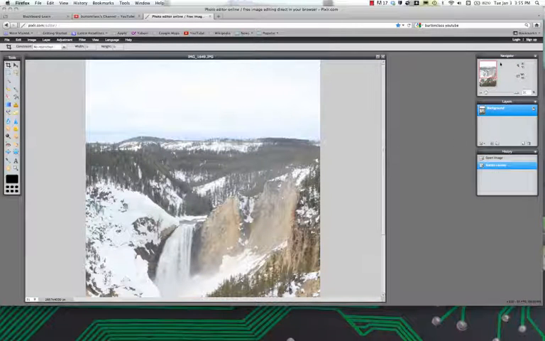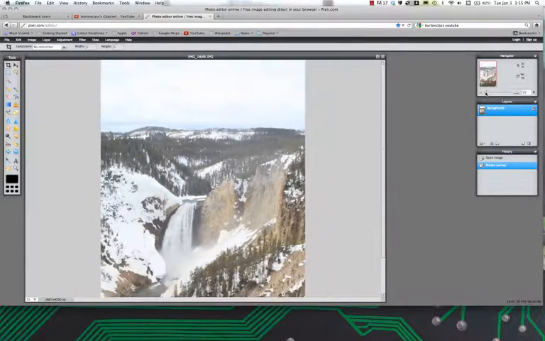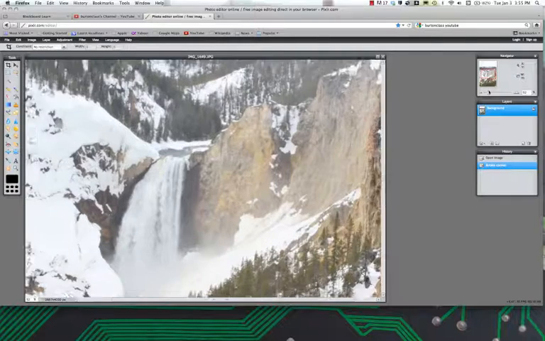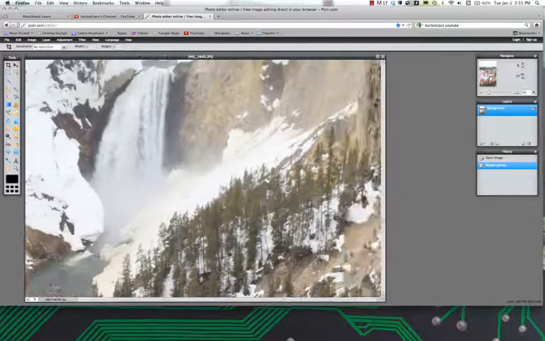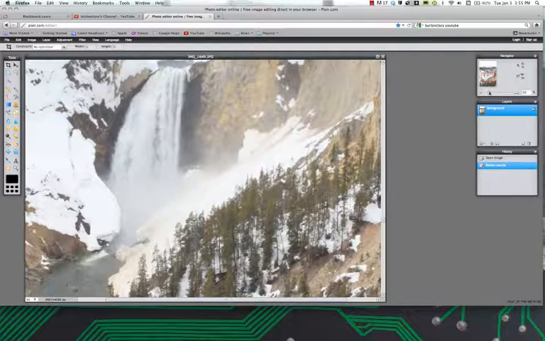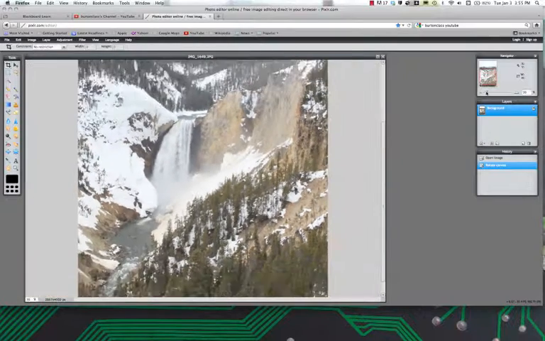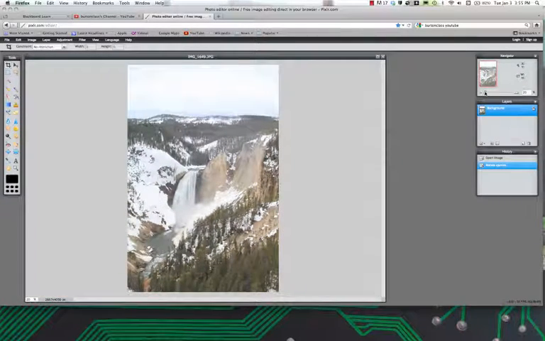The basic interface opens up with the navigator here, which is like a zoom. If you zoom in and you want to move around, just hover your hand and you can zoom in on what you need to do. I'm going to zoom all the way out here. Here are your layers, which we'll use later on. And here's your history. So you can see the first thing that I did was I rotated my canvas and